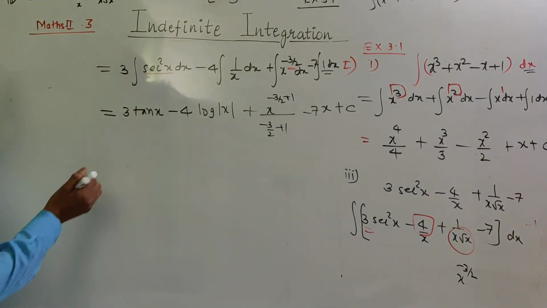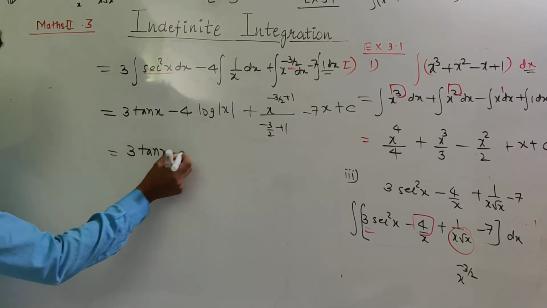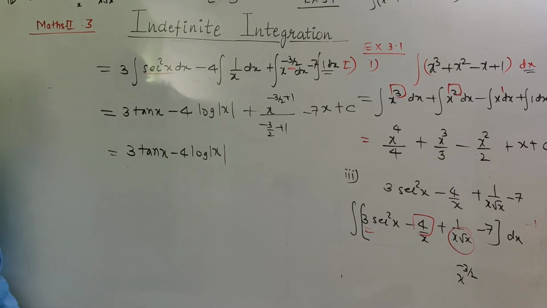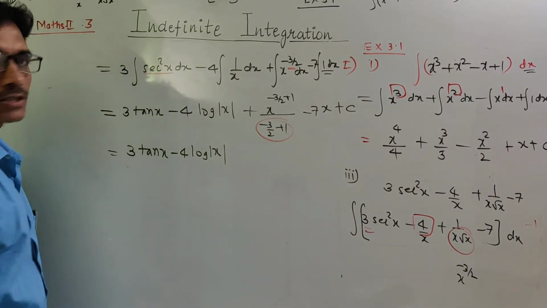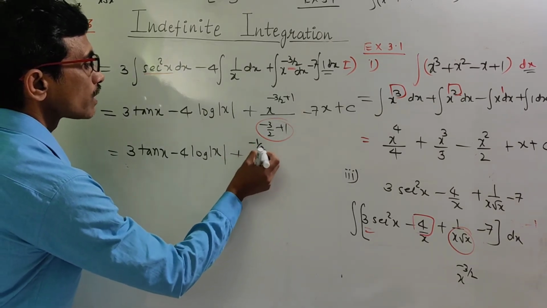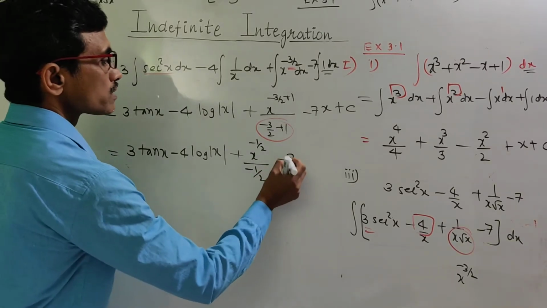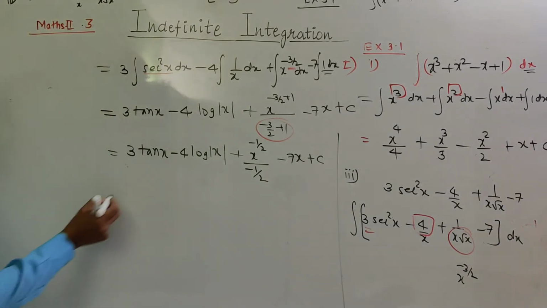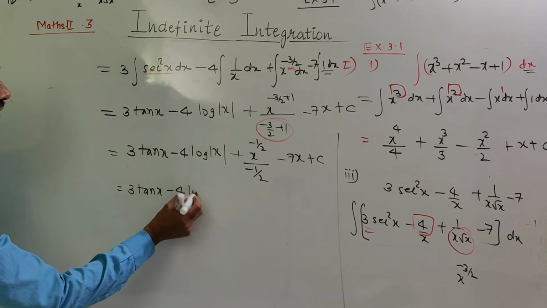Simplified further, 3 tan x minus 4 log of x, this minus 3 by 2 plus 1, that is minus 1 upon 2 plus x raised to power minus 1 upon 2 and minus 1 upon 2 minus 7x plus c, which is 3 tan x minus 4 log x,